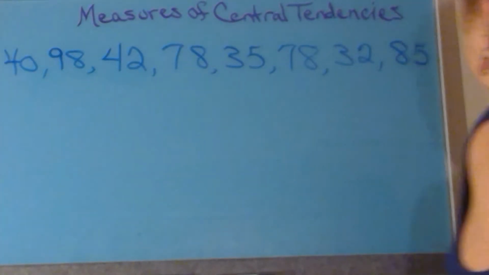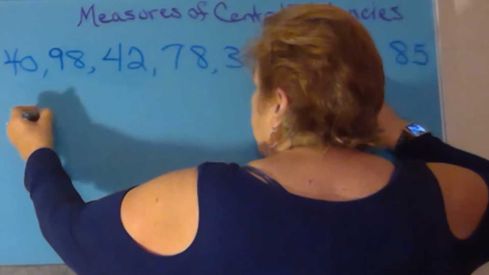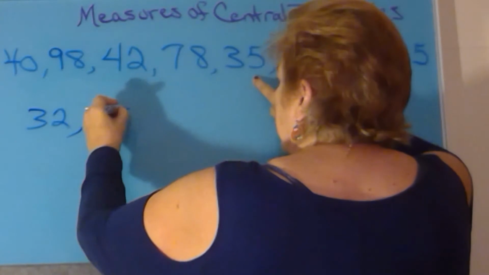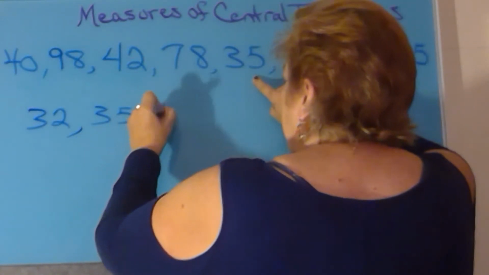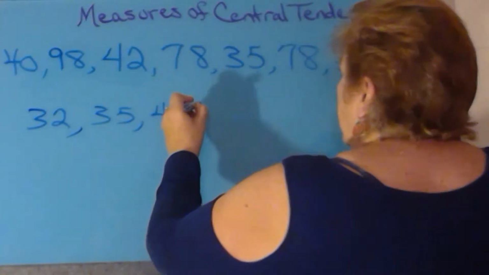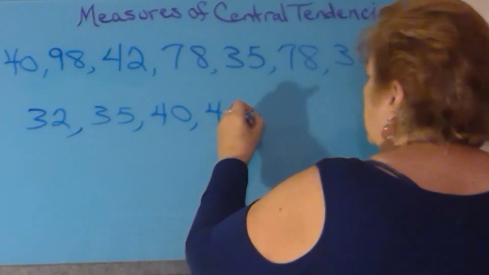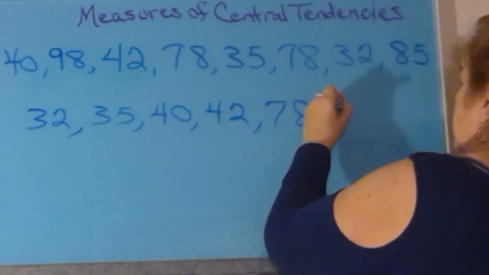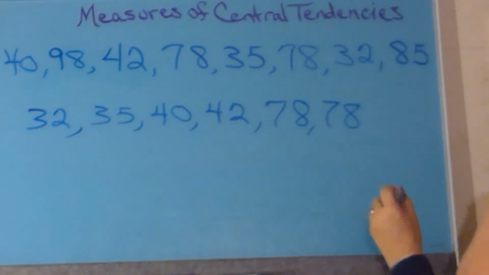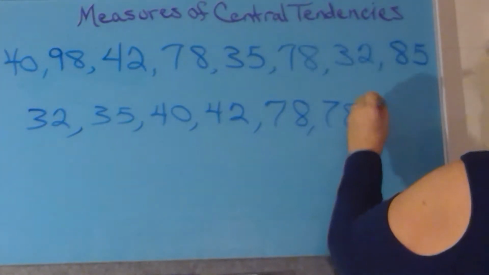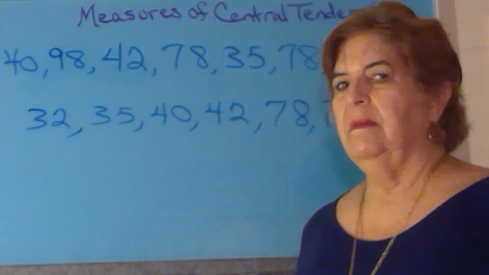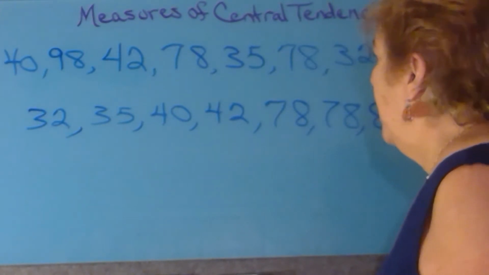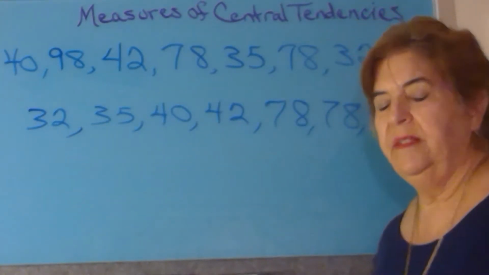I have these in order: 32, and then a 35, 40, 42, 78, 78, 85, and 98. Getting my handy calculator, if we add these up and divide by 8,